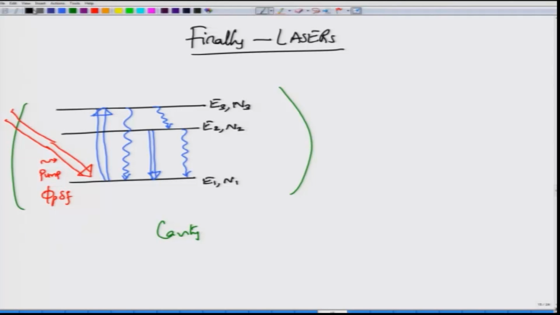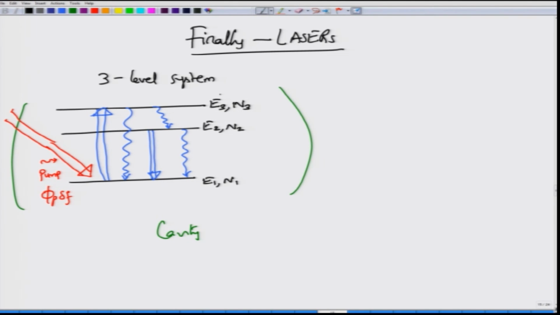In this module, finally we are going to apply the ideas that we talked about in the last two modules to understand lasers, or to finally discuss what makes a laser. Well, we have all the ingredients here. We have a 3-level system. I am not being very specific about what kind of system this is, because these ideas apply to any system that can exhibit these 3 levels, with the energies E1, E2, E3.